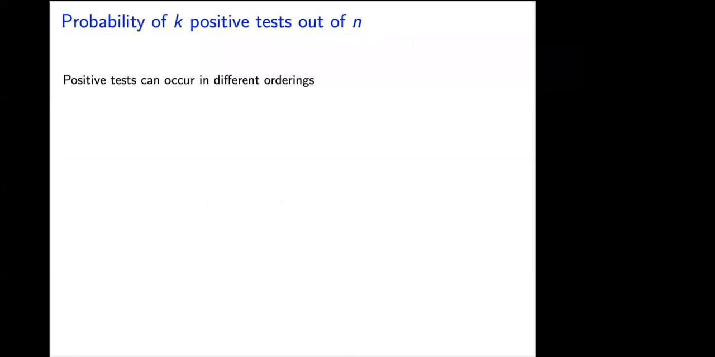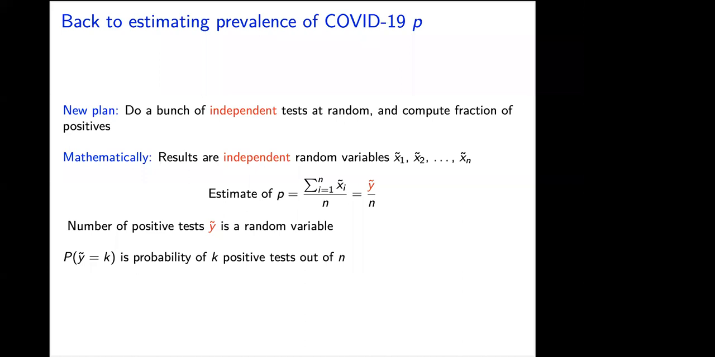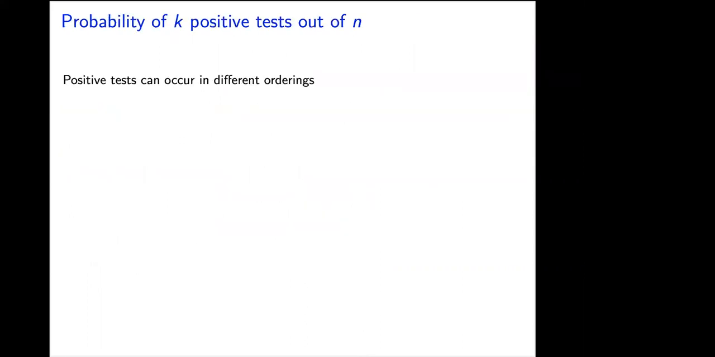We're going to talk about computing the probability that this random variable y tilde, the number of positive tests, is equal to k, a particular number of positive tests. That's not a random variable. We're looking at if they match. So the problem we're going to run into when we want to compute this is that, first off, positive